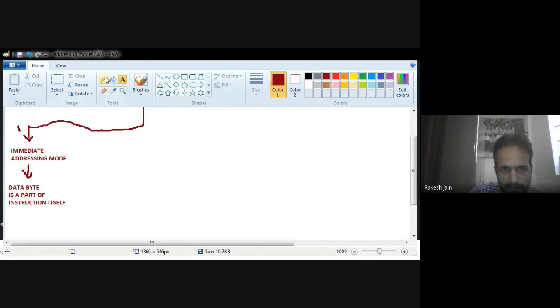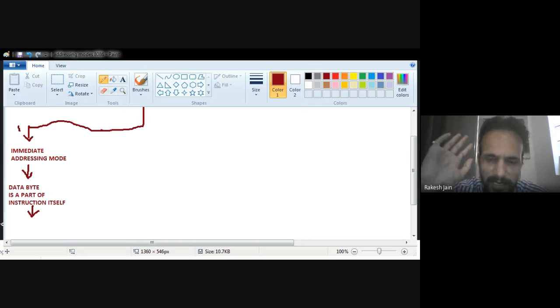For example, in case of immediate addressing mode, any example in which the data byte is directly given. For the lower byte, if I just want to send data 30, then MOV AL, 30. In the 16-bit general purpose registers of the 8086 microprocessor, if I want to send any data, let's suppose 2345, then I have to write MOV CX, 2345.